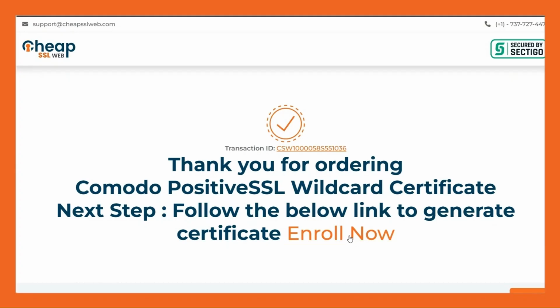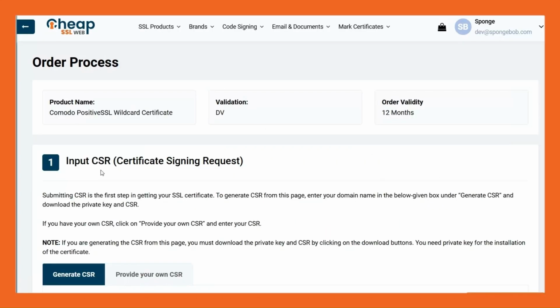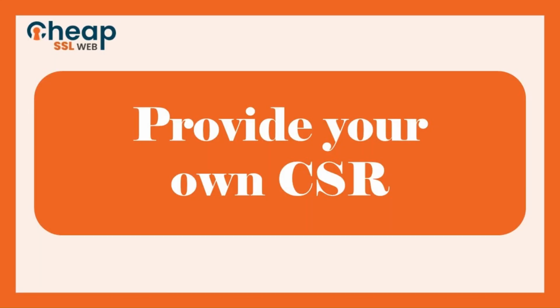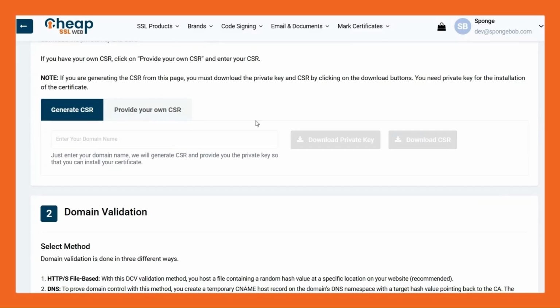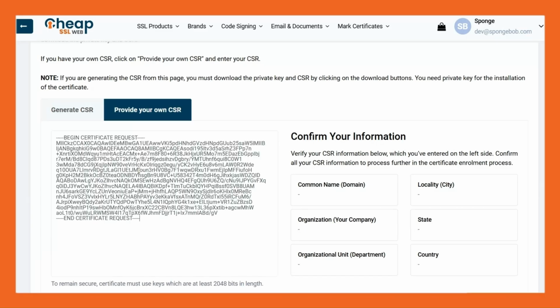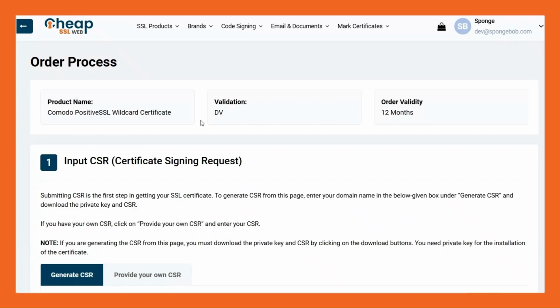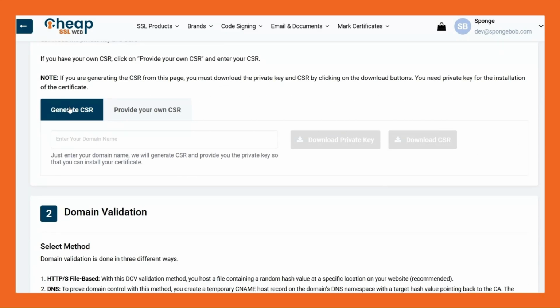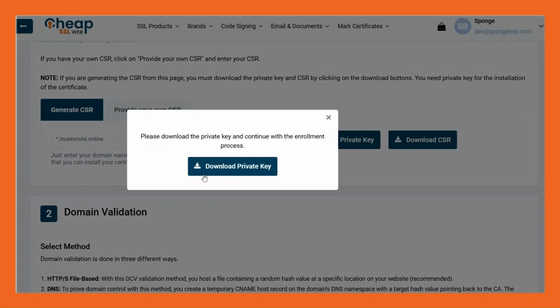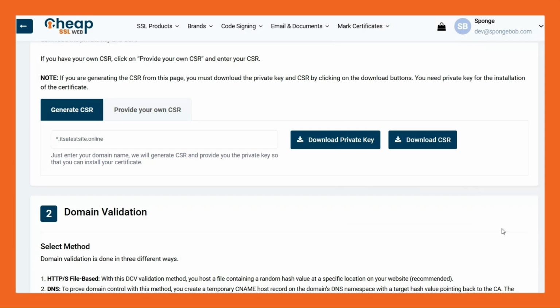Click on Enroll Now to begin the enrollment process. On the enrollment page, you need to provide a certificate signing request. You can either generate the certificate signing request from your server and paste it under Provide Your Own CSR, or use our inbuilt tool to generate the CSR by entering the domain name. For Wildcard, make sure to enter the domain name along with the asterisk sign shown here. Then click anywhere outside the box to receive the Download Private Key prompt and save it because we do not